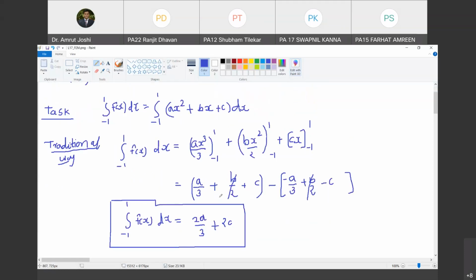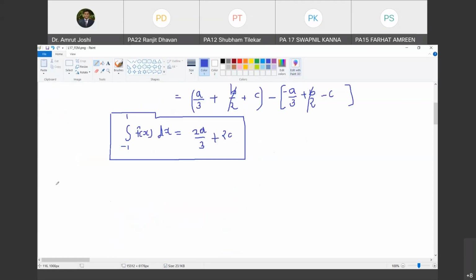But to do this integration, we had to use the formula of integration, then put the upper limit and lower limit, and so on and so forth. Do we have an easier way of calculating this integration? So observe, what is my claim? I'm going to claim this: the exact integration from -1 to 1 of f of x dx can be represented by evaluating the value of the function at particular points within -1 to 1.